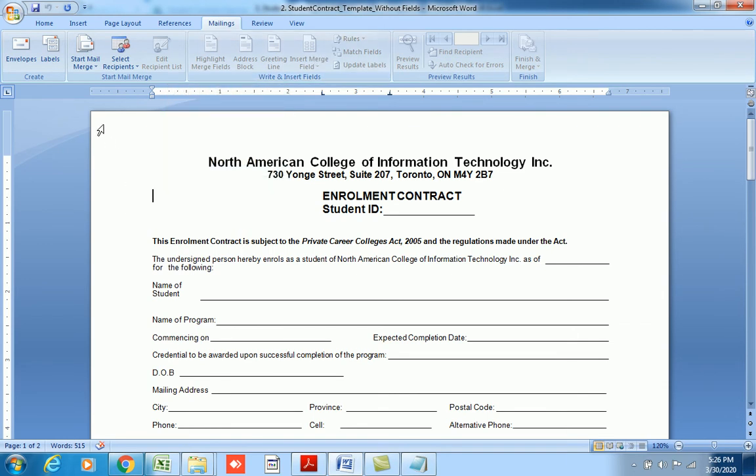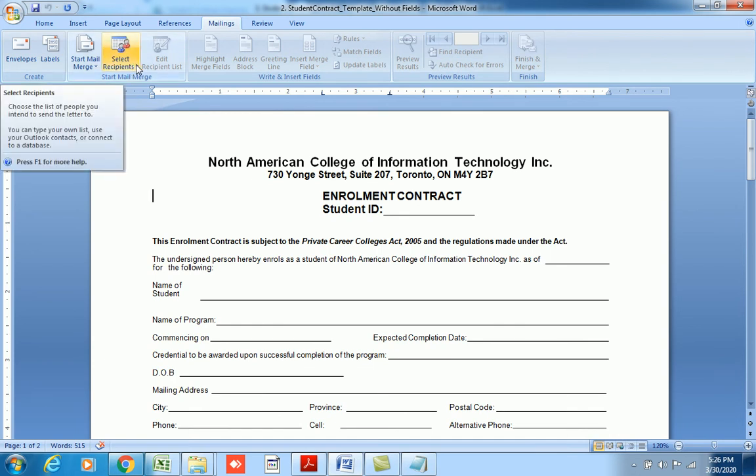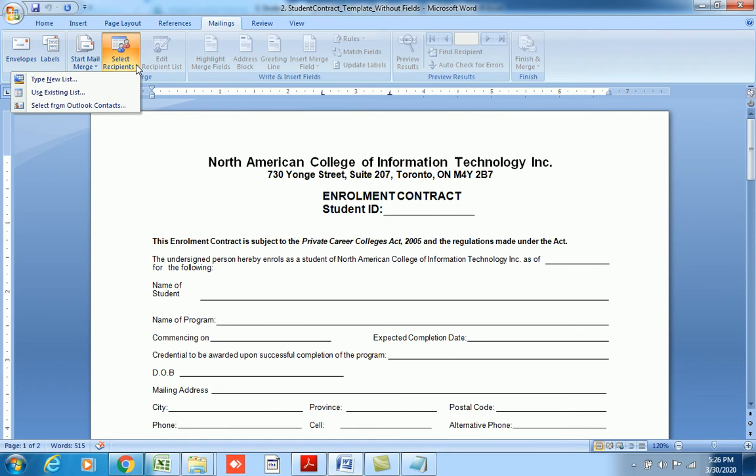Okay. Now, for this exercise, to keep it simple, you can just go to the select recipient, and there are options. We can add a new list, we can get it from the Outlook contact, but we are going to use our existing Excel list, right?